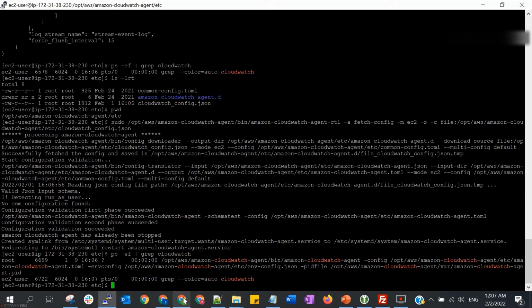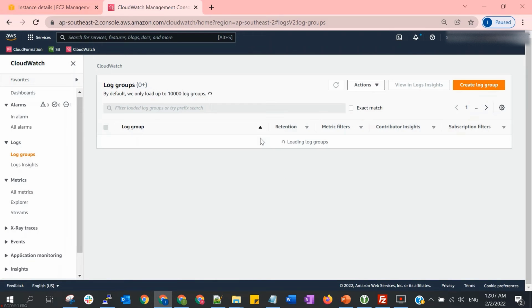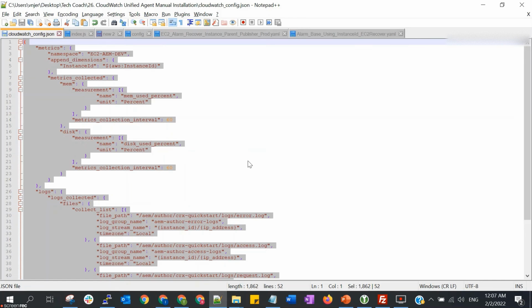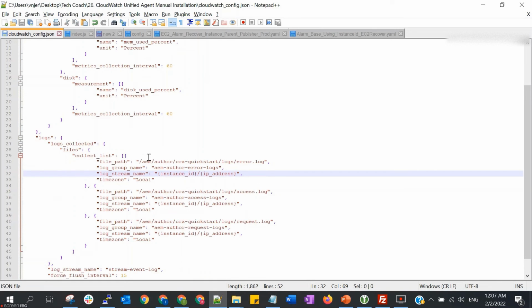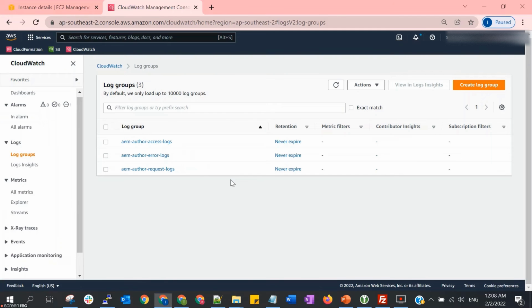Okay, now if we go back to our CloudWatch, we can refresh this. We see the log groups. Now we can see that 3 log groups were created from our config file: AEM author error log, access log, and request log.